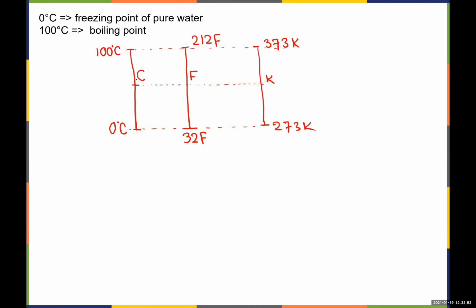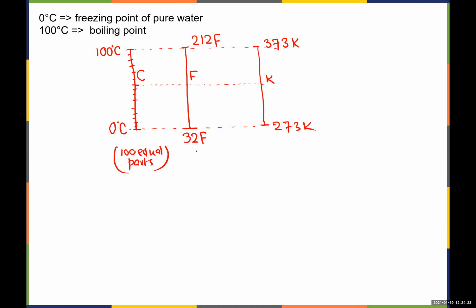In the Kelvin scale, we can see it is 100 equal parts. In the Fahrenheit scale, 32 Fahrenheit to 212 Fahrenheit is equally divided